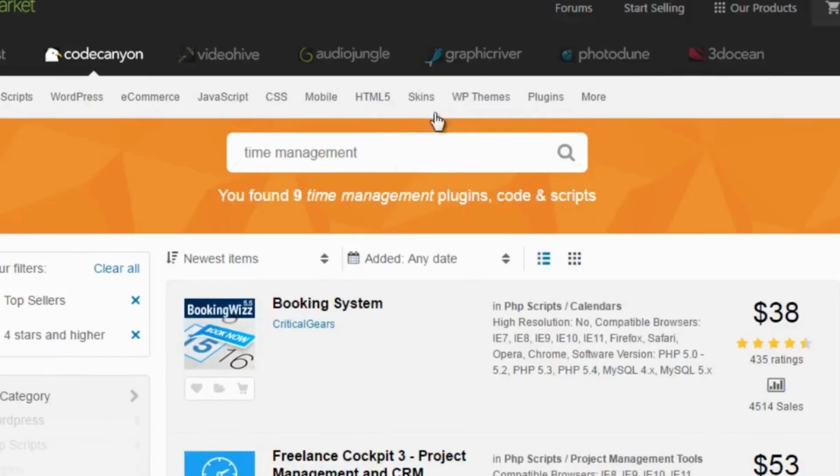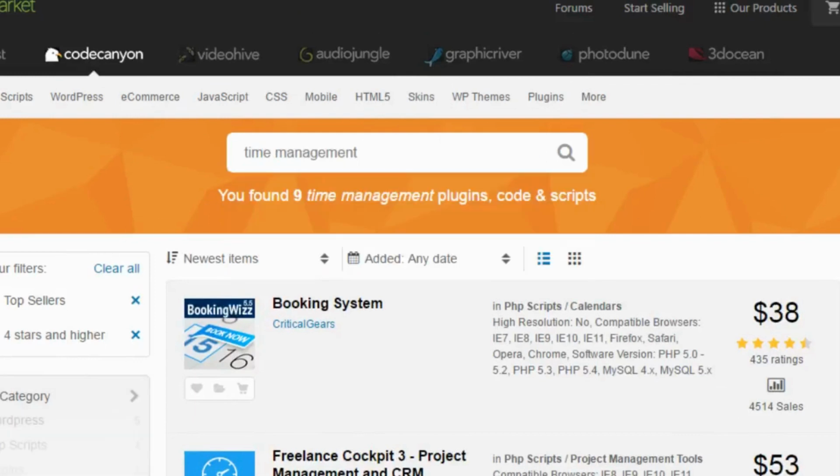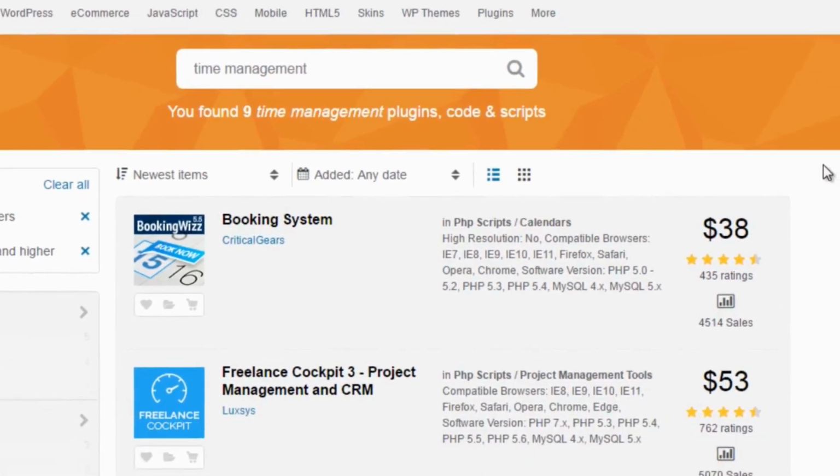So just go here and type the keyword in here and go through the same process that I went through to figure out, is my idea selling? If your idea is not selling, that doesn't mean that it's not going to sell. It just means that it's going to take a longer period of time to have to educate people about the plugin. All right. So now the worst thing that you can do is to go into a market,